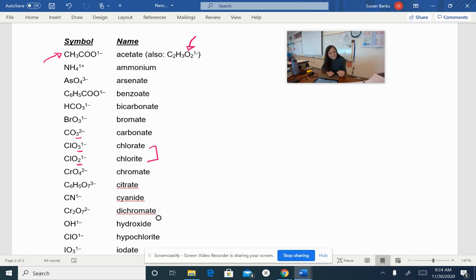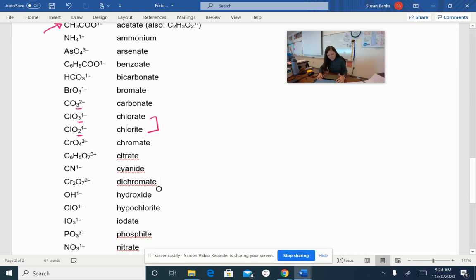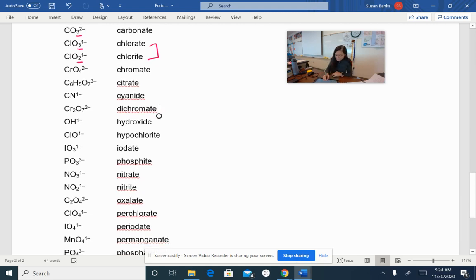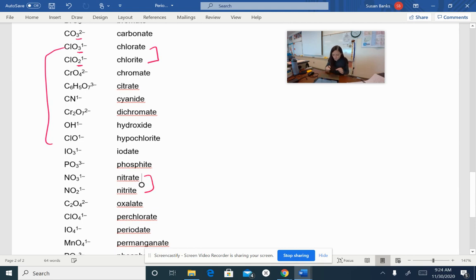So "ate" means 1 more oxygen, and "ite" is 1 less. You're really going to have to be careful on spelling and pronunciation here, okay? We have citrate, cyanide, dichromate, hydroxide, hypochlorite. Notice that is a group in the chlorites too. Iodate, phosphite, nitrate, and nitrite. This also. Oxalate, perchlorate,